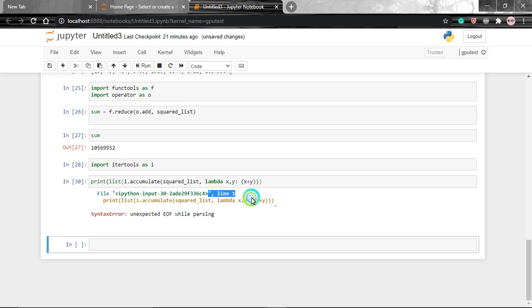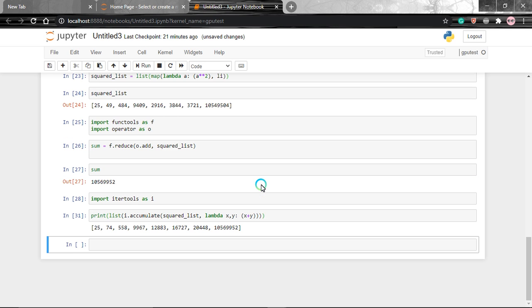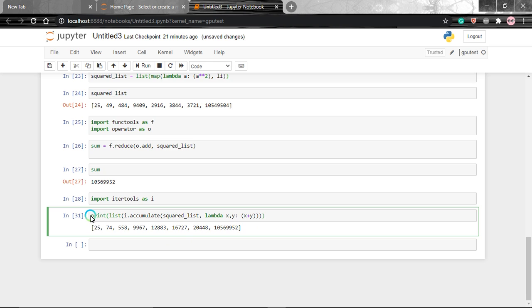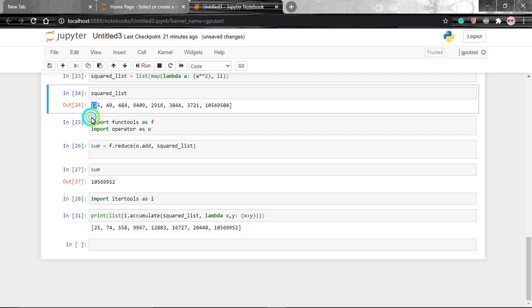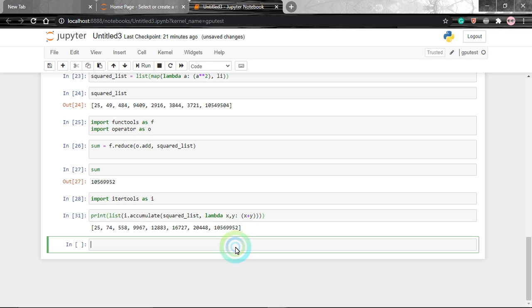Where's the... it seems two brackets are missing, I think. Yeah, two small brackets are missing, so be careful while writing these codes. So you see, first 25 is printed, 25 plus 49 is 74, 484 plus 74 is 558, like this it will be printed, meaning consecutive sums.